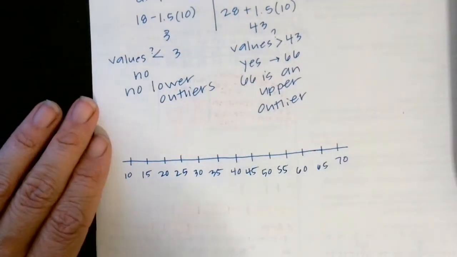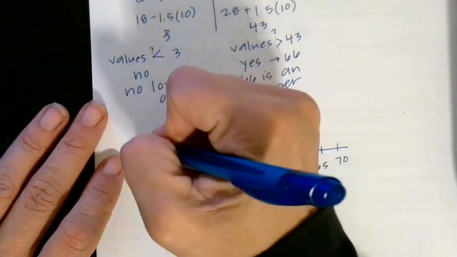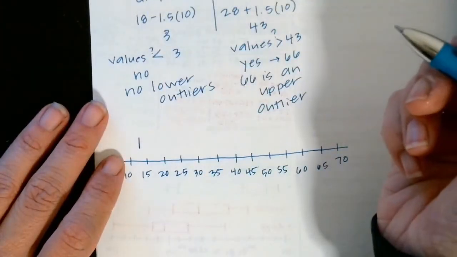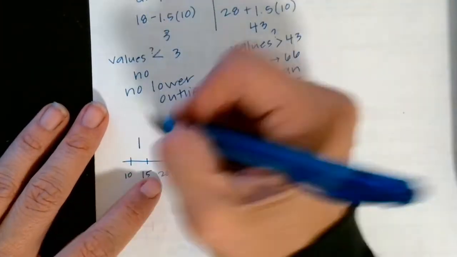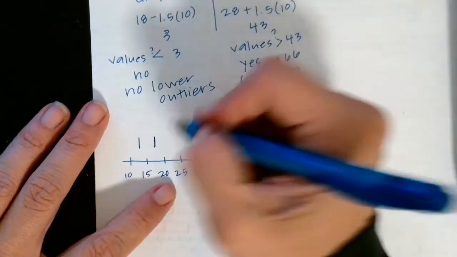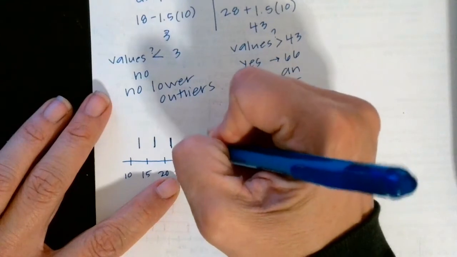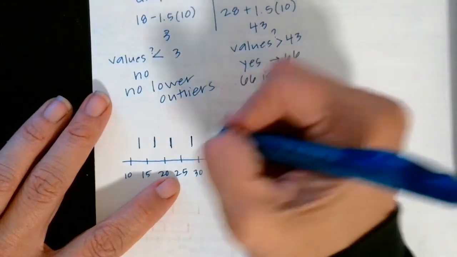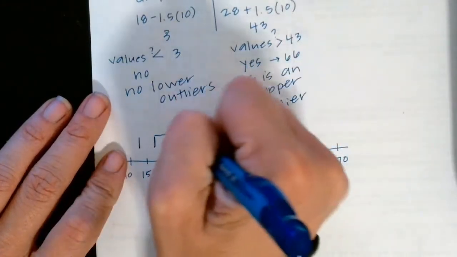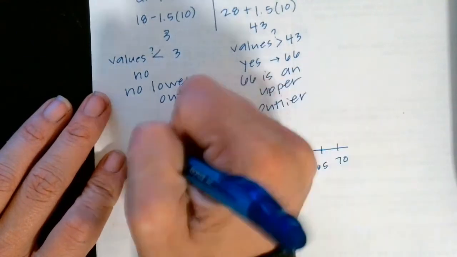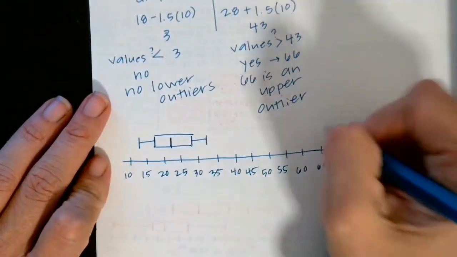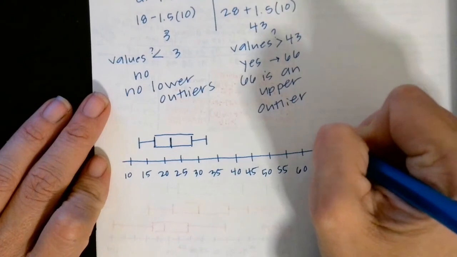Okay, and then I'm just going to graph: the minimum is 13, Q1 is 18, the median is 23, Q3 is 28, and our new max is 32. So there is what most of our data is doing, and then I have an outlier all the way over here at